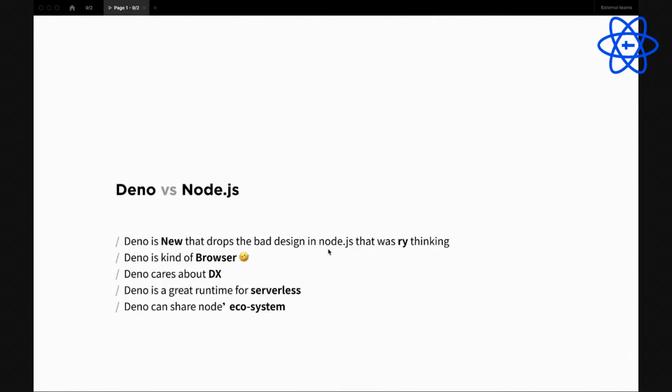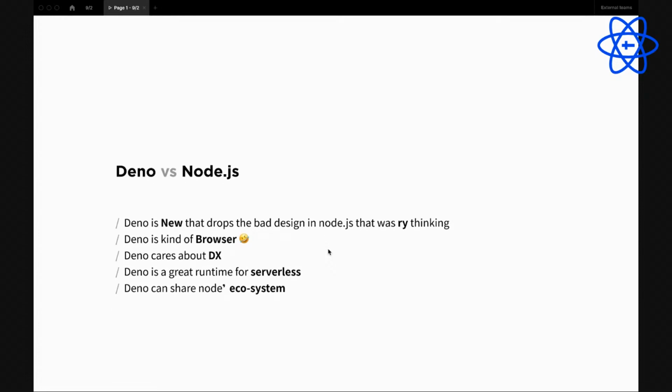Okay, and Deno cares about development experience. For example, it includes the linter and formatter and bundler, even compile. So you don't need Webpack anymore or NPM.